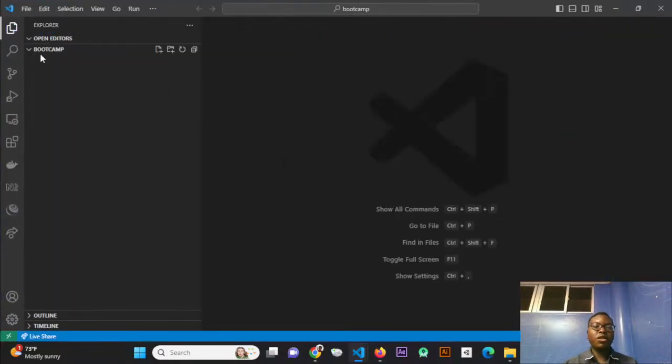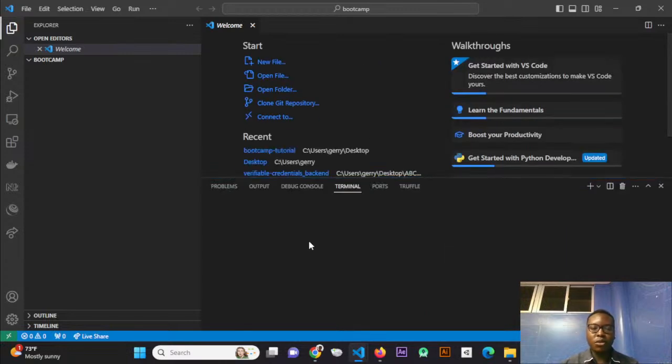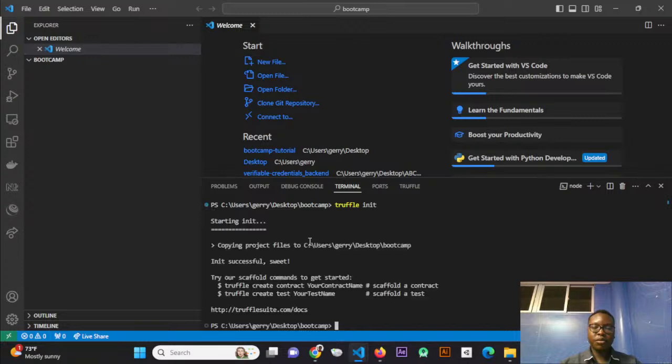So once I've opened this folder, then I'll run the commands inside, because I think from here getting the Truffle tools will be way more convenient. So what I'll do is I'll come and I'll type Truffle init. So what it does, it basically creates a basic scaffold of how we're going to be interacting with the smart contracts on your local development environment, in case you want to go ahead using